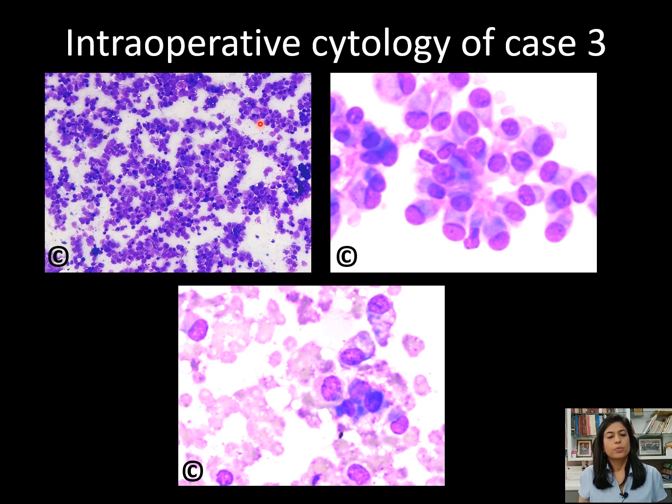So we went ahead with the intraoperative squash for the third case. You can see this is a highly cellular tumor composed of numerous immature or primitive cells, and some foci showed the presence of rhabdoid cells. You can see these are round to oval cells with eccentric nuclei and abundant eosinophilic cytoplasm, and you can see the background here